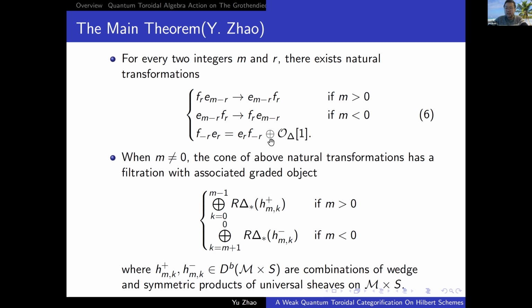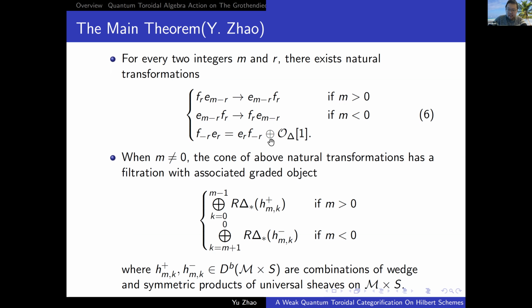The direction would change, and moreover, for the case m equals 0, it is a decomposition that F minus r E r would be the same as E r F minus r, the diagonal shifted by 1. So this gives actually a geometric proof